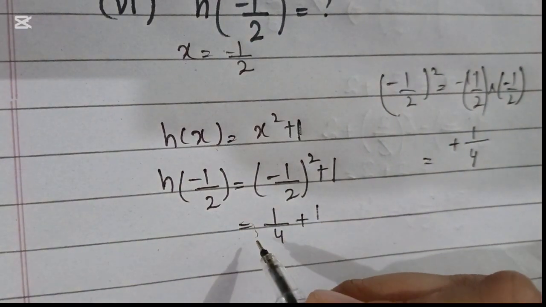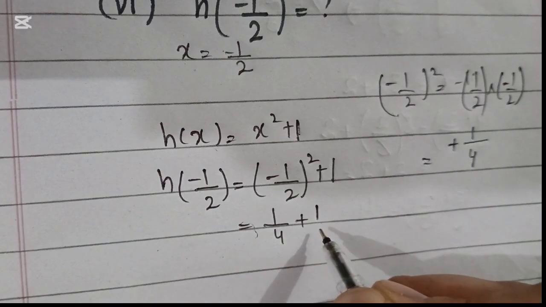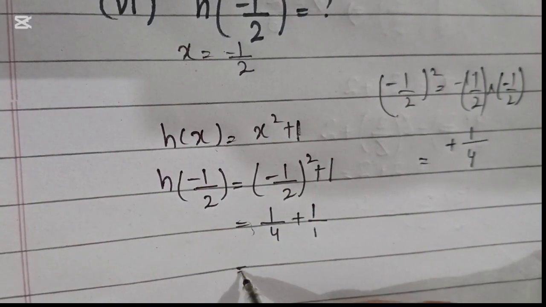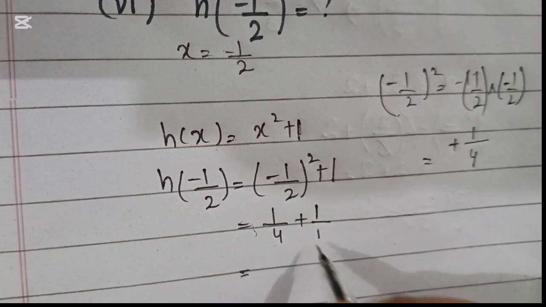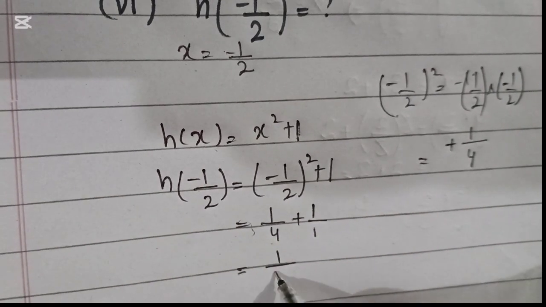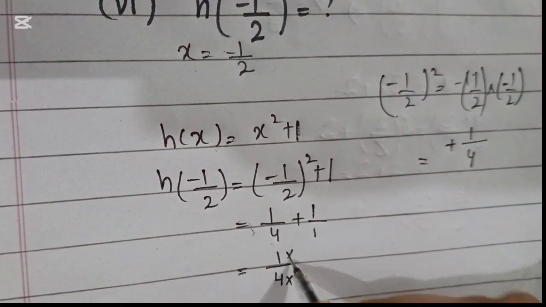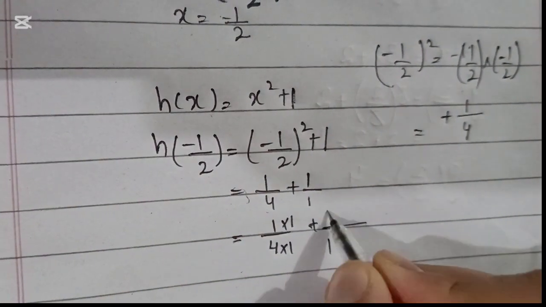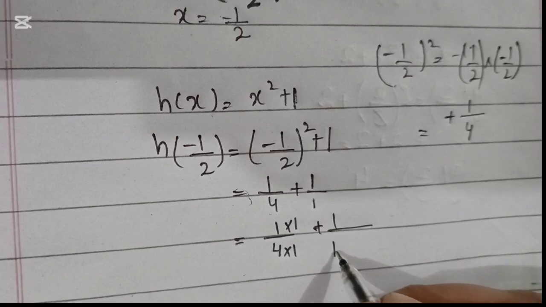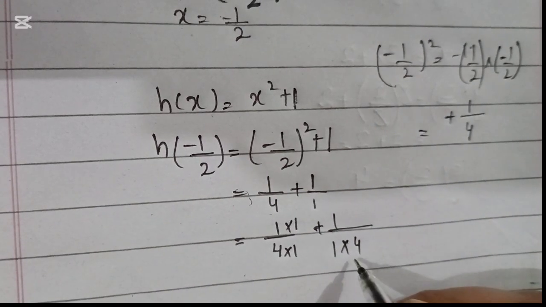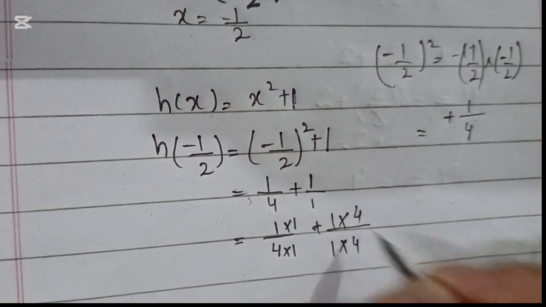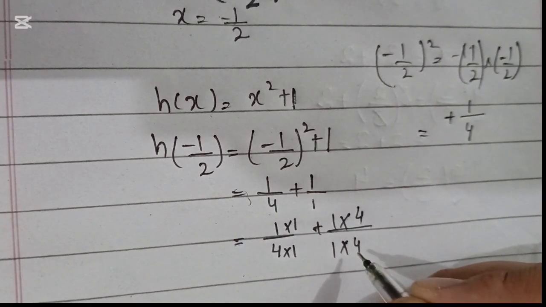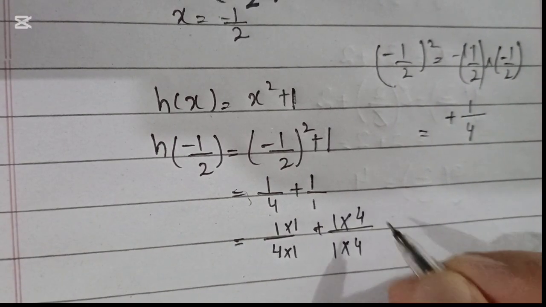Now fractional form involved है. It means that we have to take the LCM. 1 के नीचे कुछ नहीं, it means its denominator is 1. So we are going to take the LCM. LCM of 4 and 1 is 4. हमने इस denominator को 4 करना है. It's already 4. तो 1 multiply into the denominator and 1 multiply into the numerator. Plus there is 1. मीन्स हमें डिनोमिनेटर में एलसीएम 4 बनाना है, तो 1 मल्टीप्लाई 4, इसको डिनोमिनेटर में भी 4 को मल्टीप्लाई करेंगे और न्यूमिनेटर में भी 4 को मल्टीप्लाई करेंगे. तो मेकिंग द एलसीएम, जिस वैल्यू को हम डिनोमिनेटर में मल्टीप्लाई करेंगे, सेम वैल्यू हम न्यूमिनेटर में मल्टीप्लाई करेंगे.